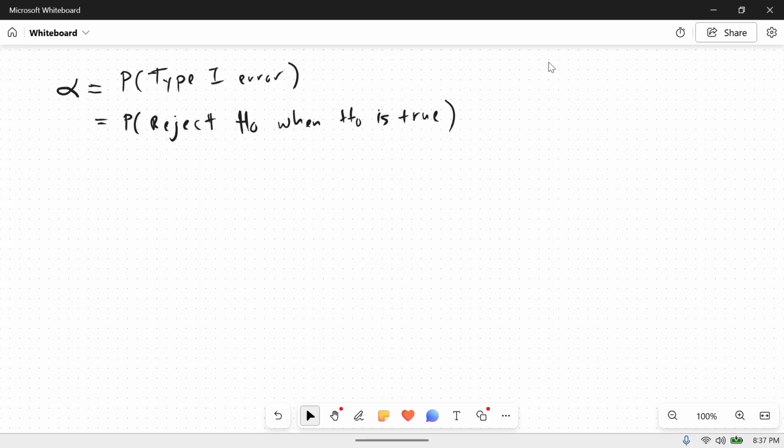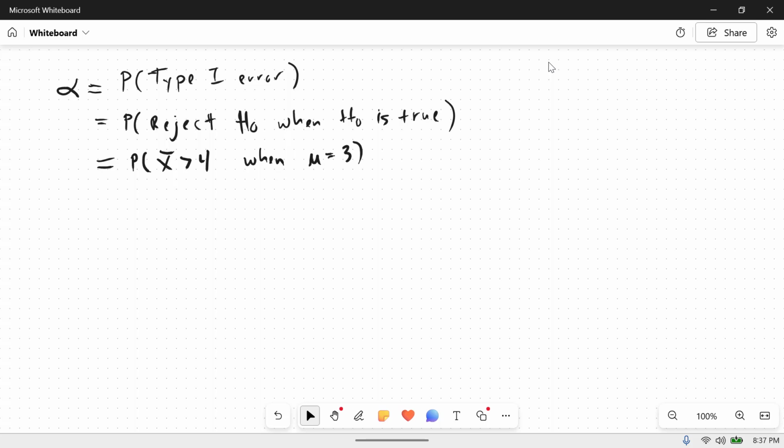And when are we rejecting the null hypothesis? Well, we are rejecting the null hypothesis when x bar is greater than 4, when mu is equal to 3, which is our null hypothesis. Okay, so in order to get any further in this